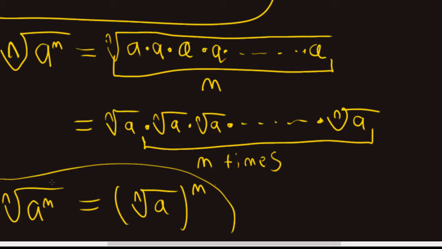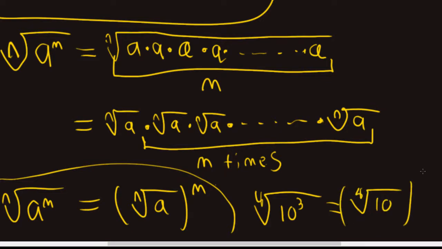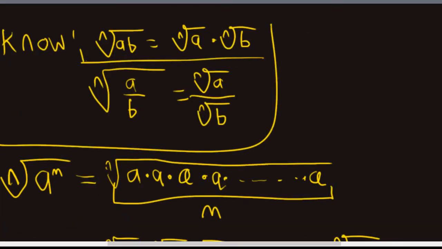So that tells us that if I have something like, let's say, the fourth root of 10 to the third, well, that must be the same thing as the fourth root of 10 raised to the third. That is the consequence of this proof. This proof just gave us this consequence. Again, maybe you're starting to see some sort of pattern with all this exponent stuff. All right. Now let's go back,